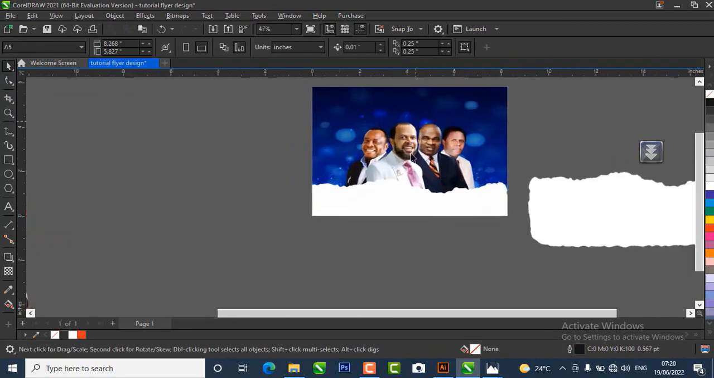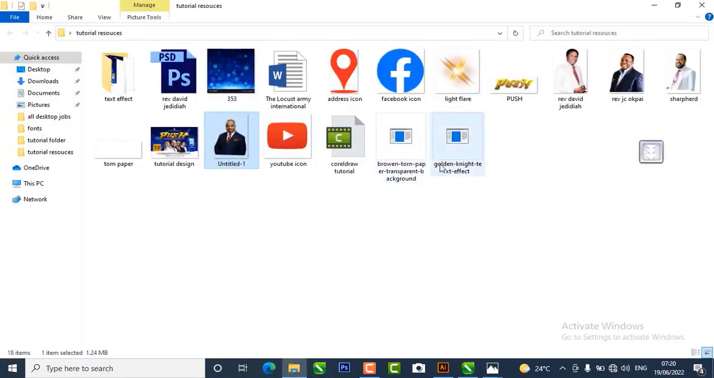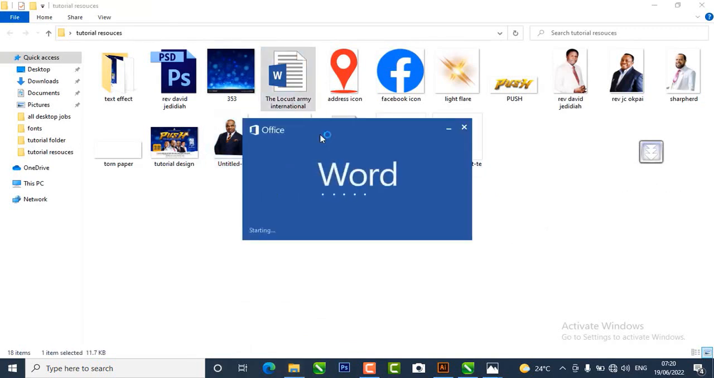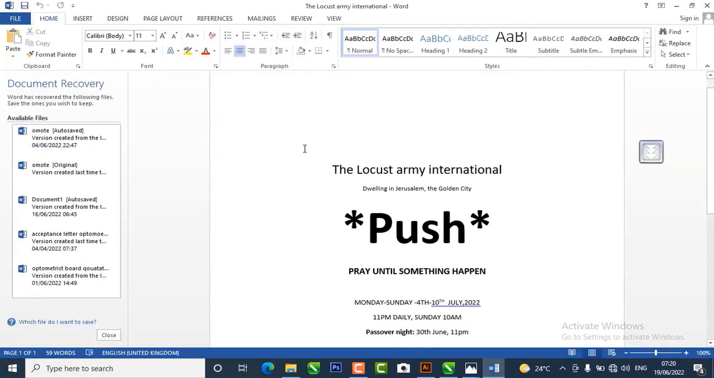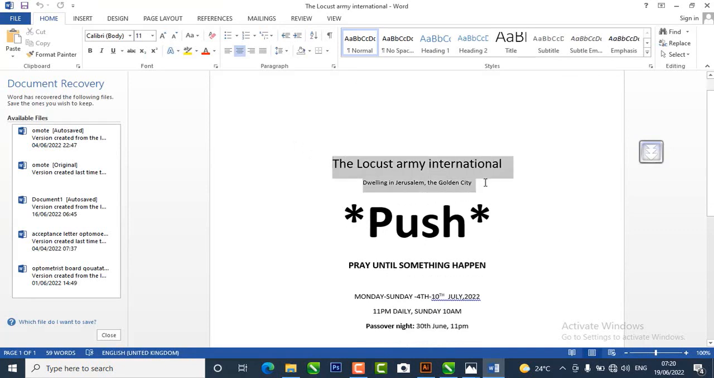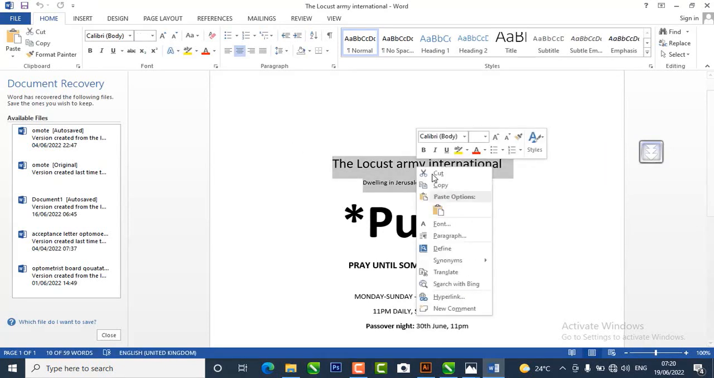So what I'm going to do now, I'm going to open the write-up, go to our resource file, open the write-up. I have this write-up on Microsoft. So what I'm going to be doing is copy the write-up one after the other. So this is the write-up we're going to be using. I'll copy the write-up,